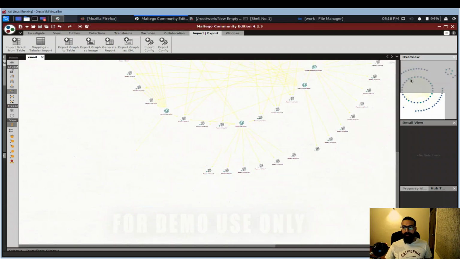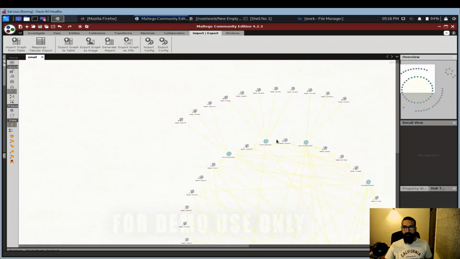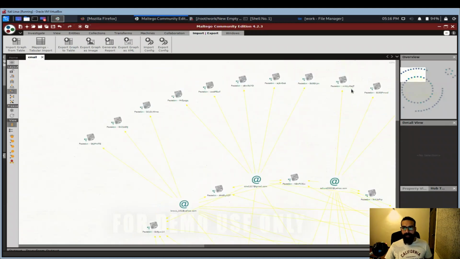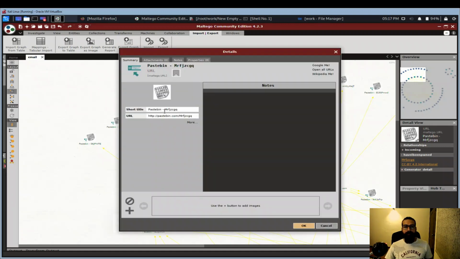I have zoomed out, and you can see this email address is appearing in these texts, while on the other text as well. So open the pastebin URL in the browser and then you will see the magic. Let me open it for you. One thing I would like to mention is that you can double click on any to see the direct URL, and you can copy and paste the URL in your browser.